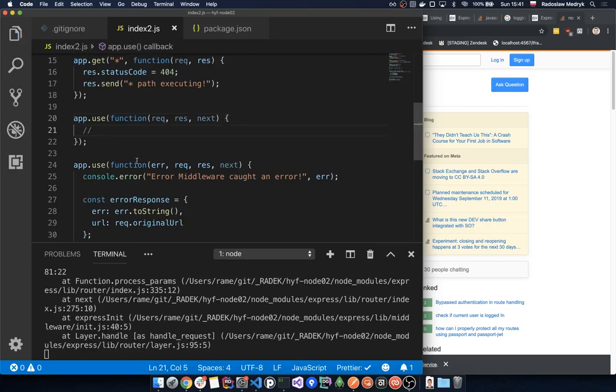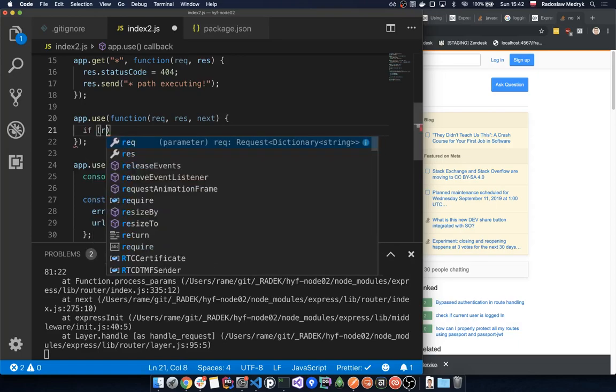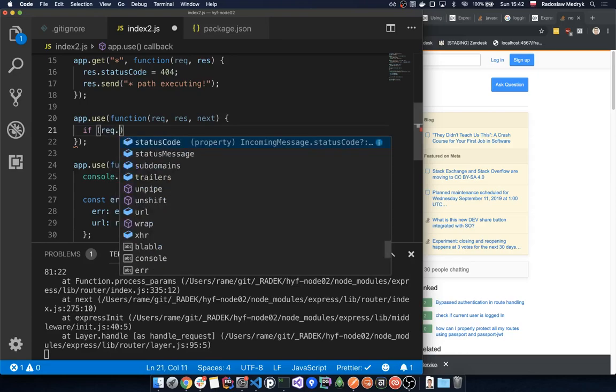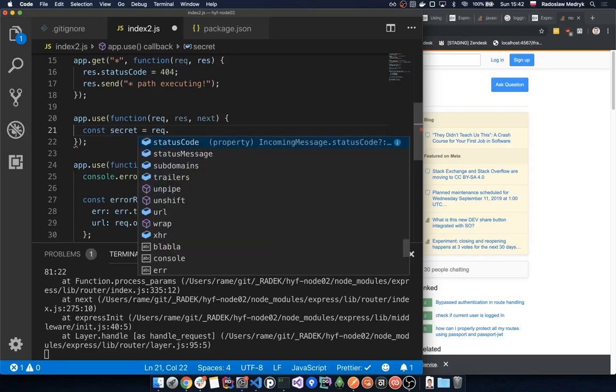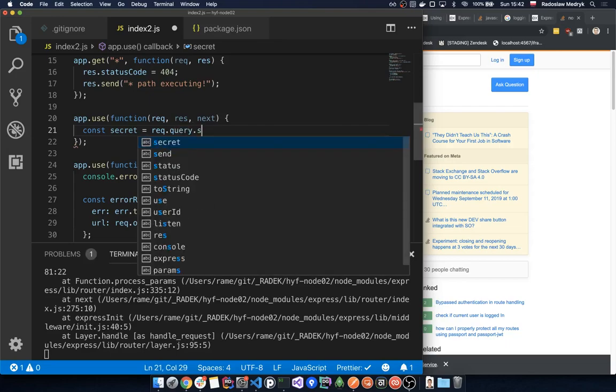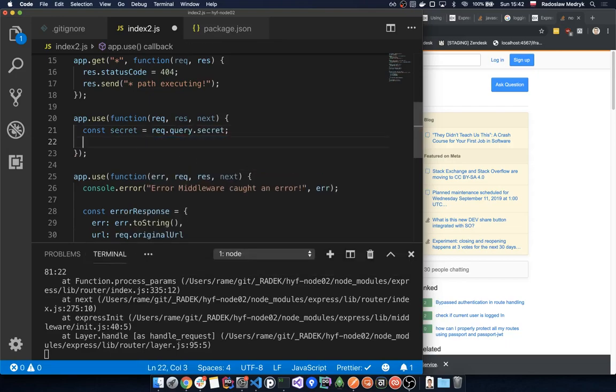So that's the distinguishment between error handling and normal middleware. This one has only 3 parameters. So in here, I want to check if, let's say request dot, okay, let's assign it to a new variable. Secret equals request dot, how to accept the query parameter that I pass. That's a param parameter, and the query, exactly. Query dot secret, I pass it in, and if